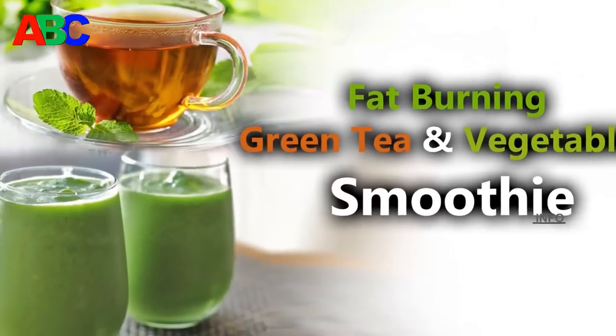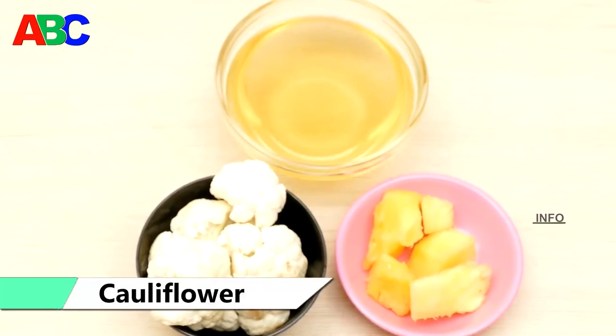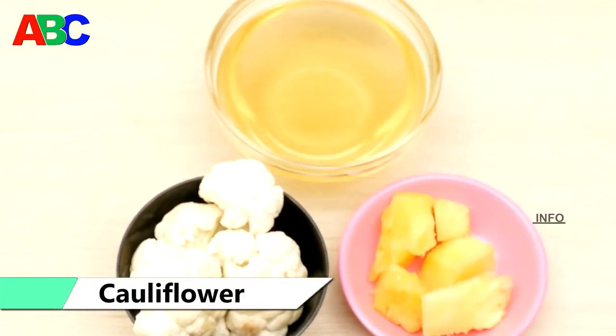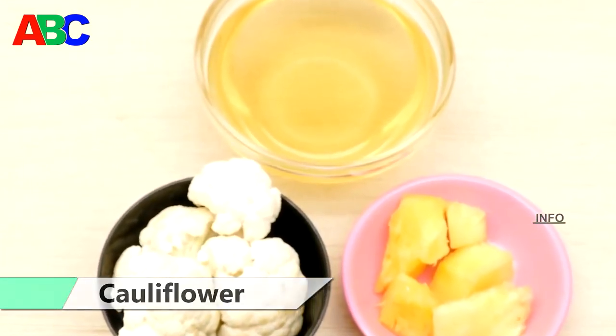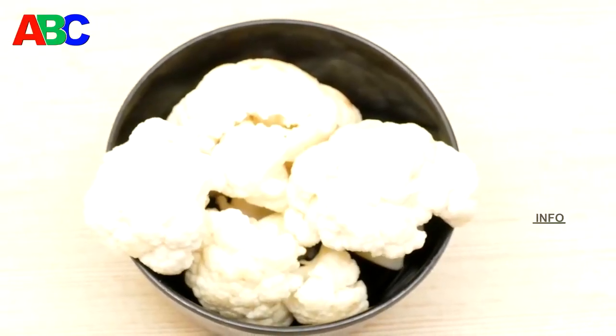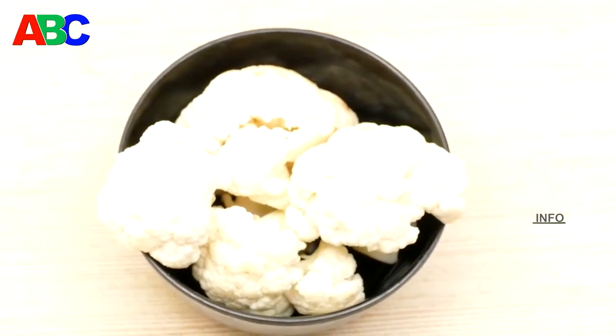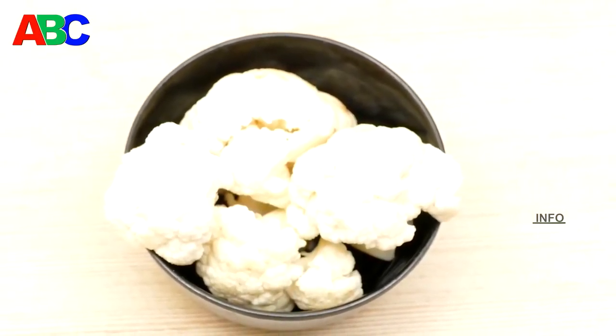Fat-burning green tea and vegetable smoothie. Ingredients: 2 cauliflower florets, 2 pineapple spears, green tea to the fill line. Cauliflower. The American Diabetes Association recommends eating half of one's plate or at least 3 to 5 servings of non-starchy